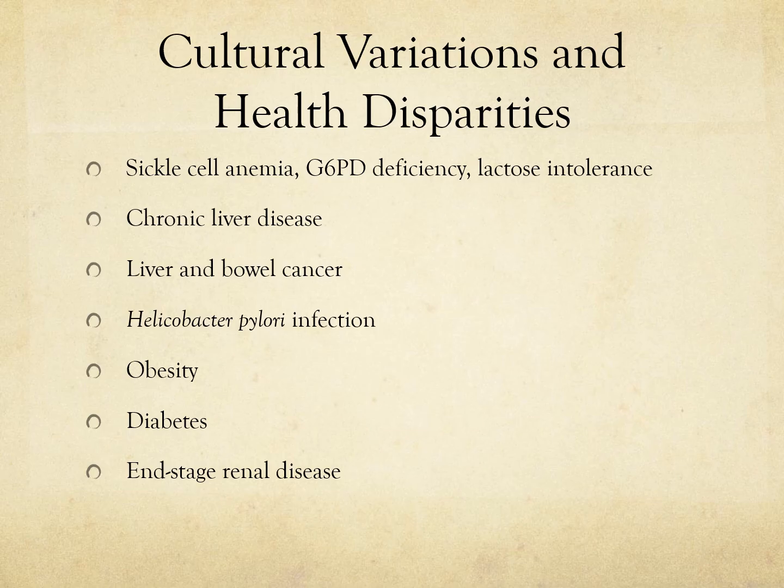The slide also highlights conditions like chronic liver disease, liver and bowel cancer, obesity, diabetes, and end-stage renal disease. These are conditions that are influenced by many factors, including access to care, socioeconomic status, nutrition and food access, environmental exposures, education, insurance coverage, and experiences with healthcare systems. Health disparities, they're not simply about genetics, they're often connected to broader social determinants of health. So you'll see things like